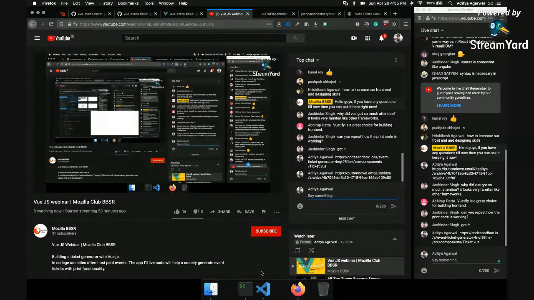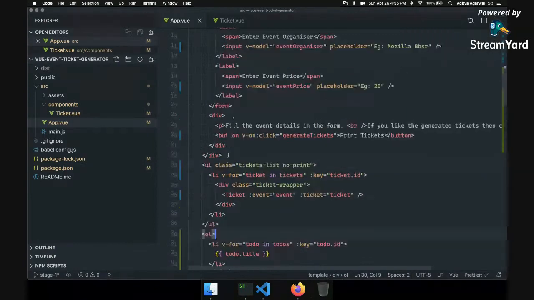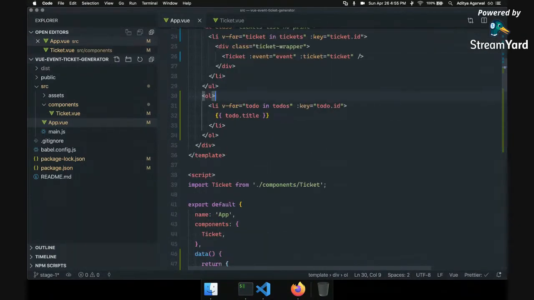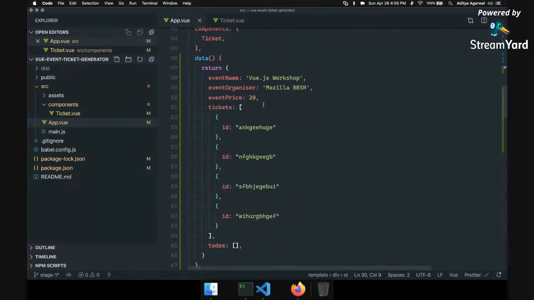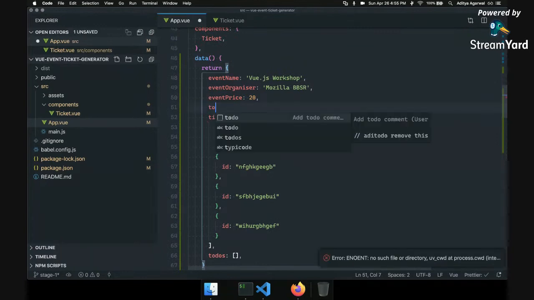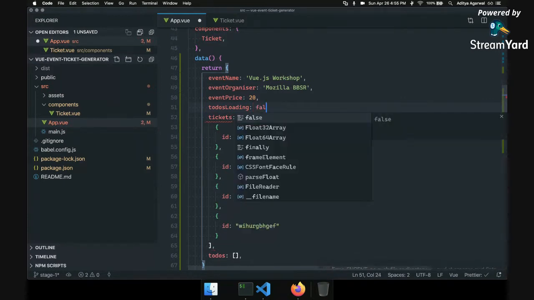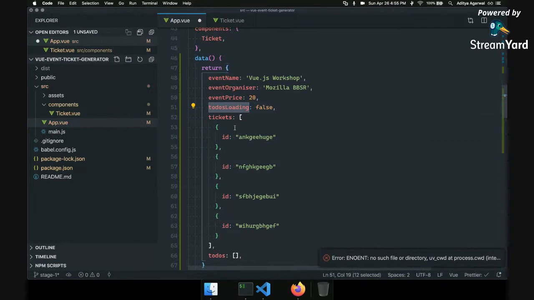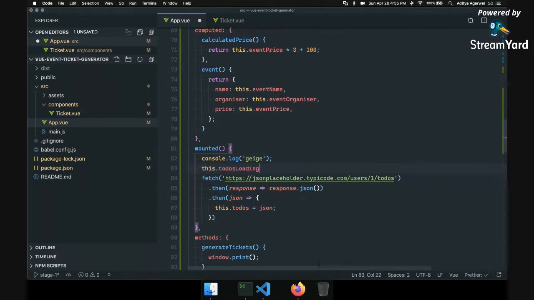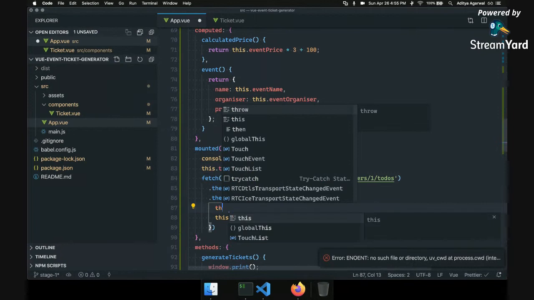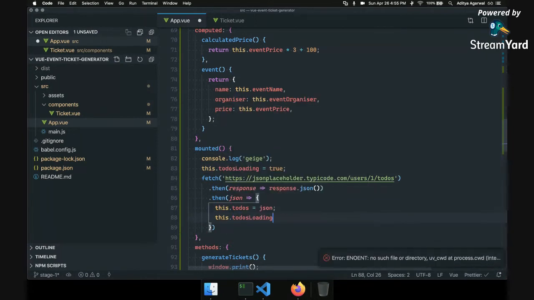No questions. Okay, so I can cover this as well. The API takes some time to come. So what we can do is add todosLoading, and by default it is false. When we start the fetch, we say this.todosLoading is true, and once we get the response, we say this.todosLoading is false.